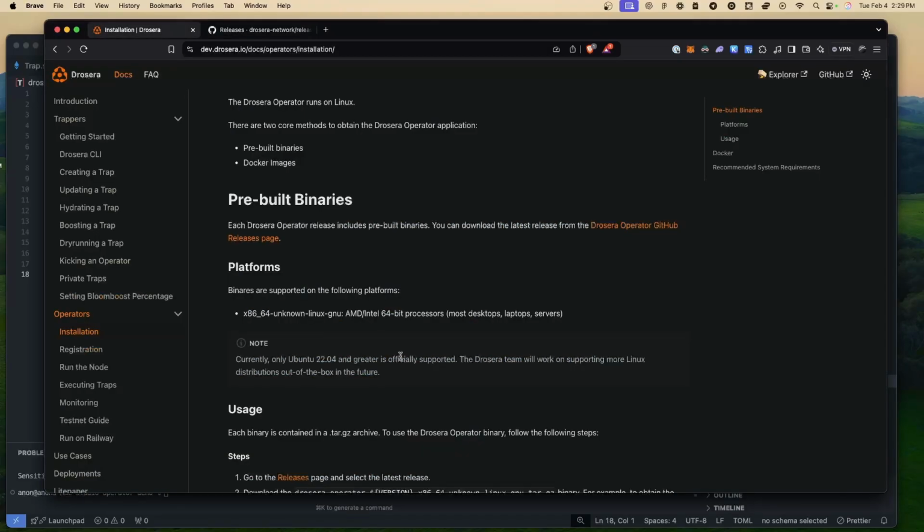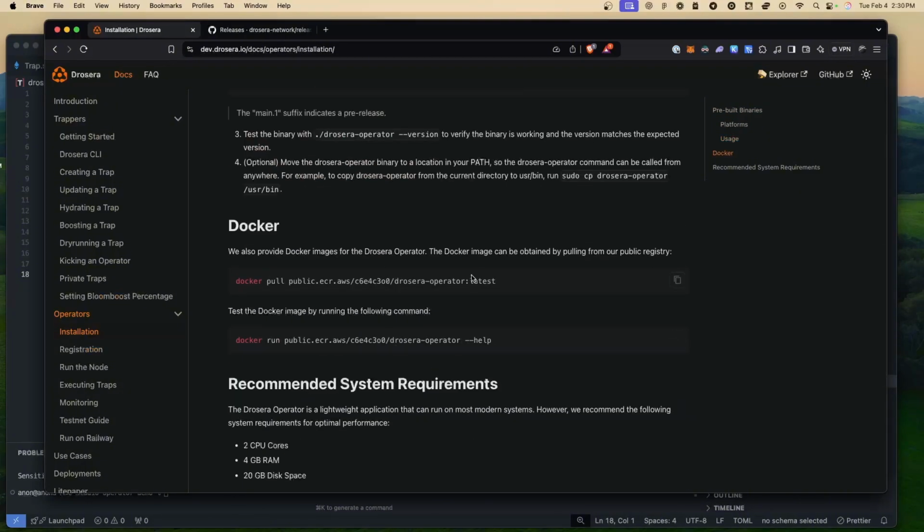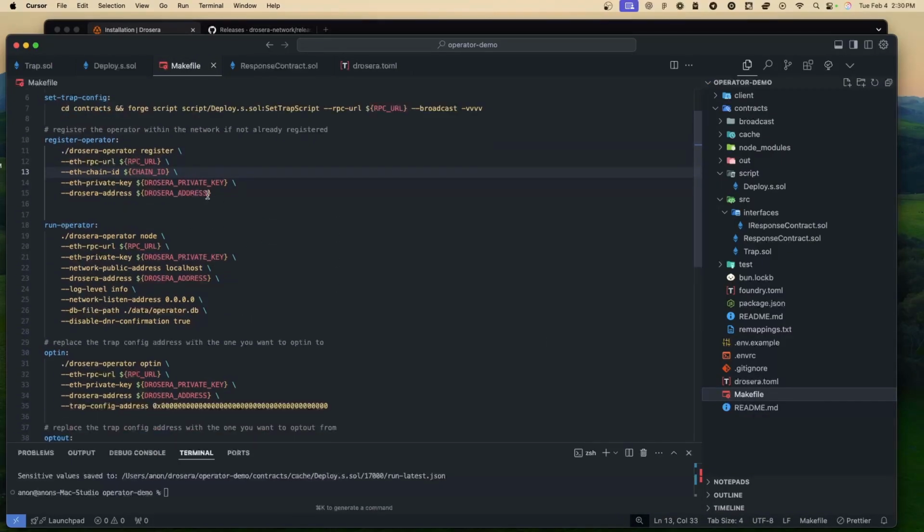To get around that, though, you can use the Docker image. So you can run this Docker image locally as well. In the Docker image, you'll just pull the latest and then run the commands from Docker itself. I'll also show you the list of commands, which are also included in the run create Drosera app. So you'll have all of these commands ready if you're running the operator binary, or if you're using Docker. The makefile in here will have a list of commands that you can use